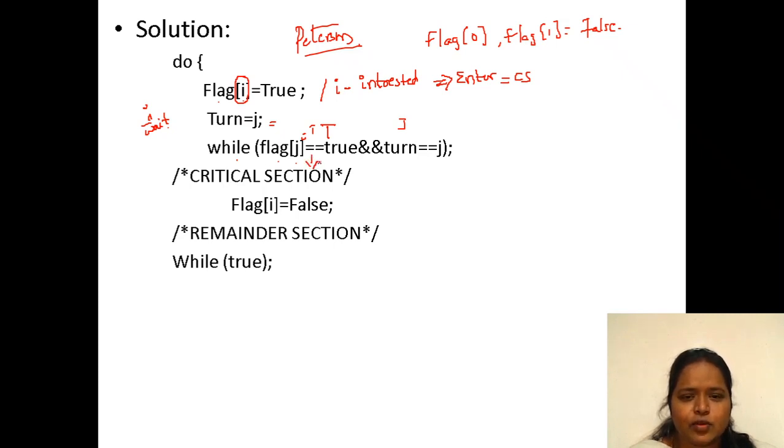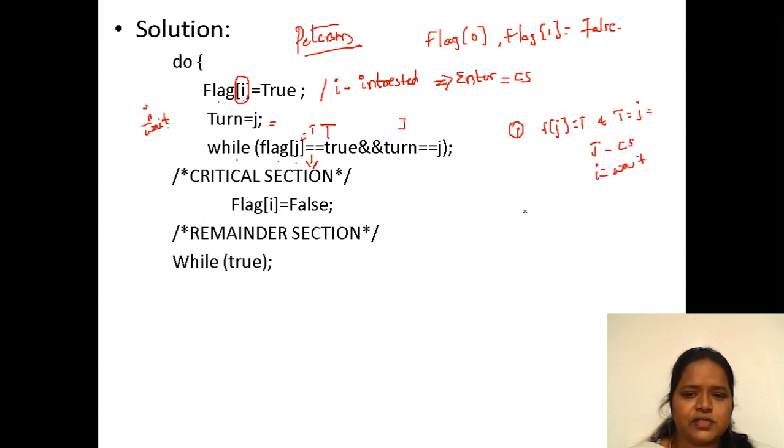After completing this, it will exit out of the section. This is the first condition: if flag of j is equal to true and turn is equal to j, then j enters into the critical section and i has to wait.